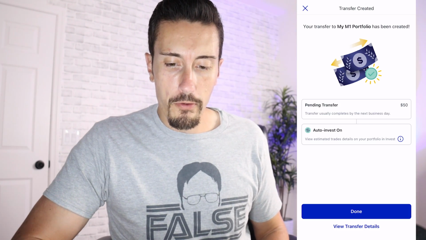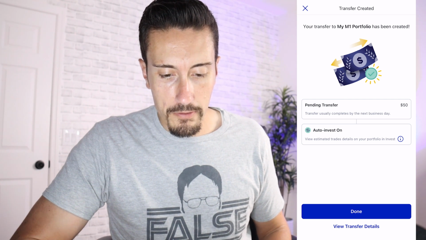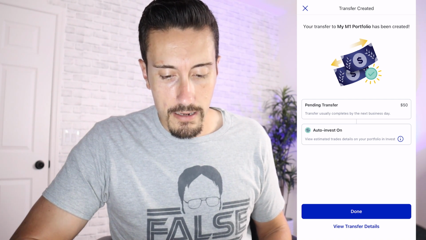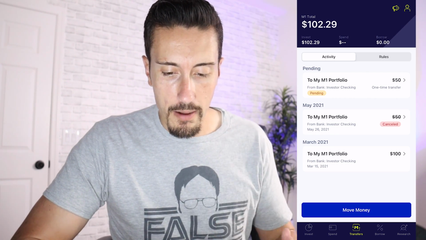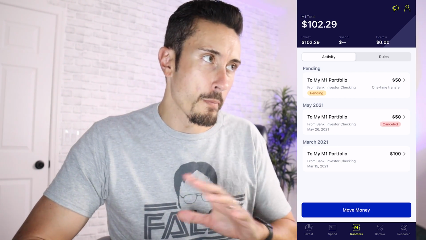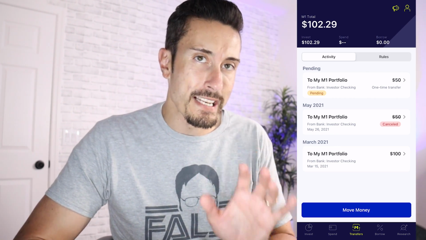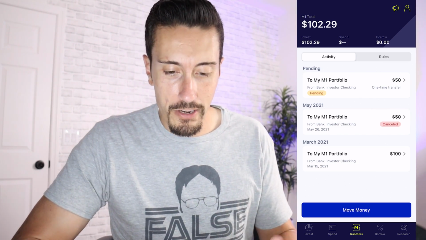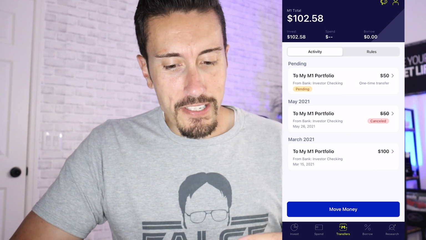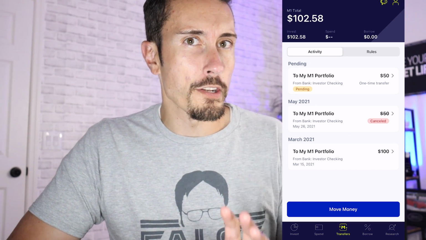Your transfer to M1 portfolio has been created. Pending transfer of $50 and auto invest is on. And on this screen, it just lets you know that you have a pending transfer of $50 coming in. Once that clears your bank, it takes a couple of days sometimes, hopefully not that long unless you do it over the weekend or over a holiday, and then it'll be officially in your account. So you can see that $50 is on its way, but we have some work to do,